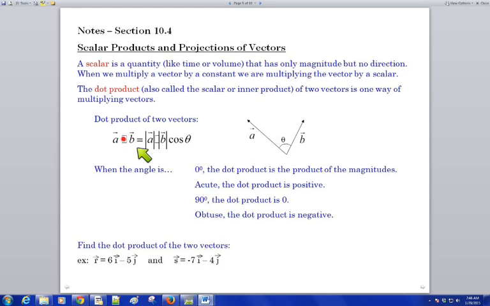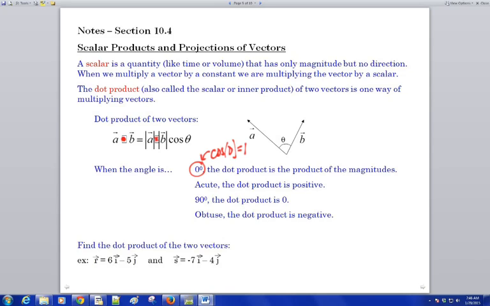If we have two vectors and we take the dot product of them, that's the magnitude of the first one, times the magnitude of the second one, times cosine of the angle in between them. We can have different values attached to that, but this is our general starting point with these values as we go forward. So if we look at some examples,